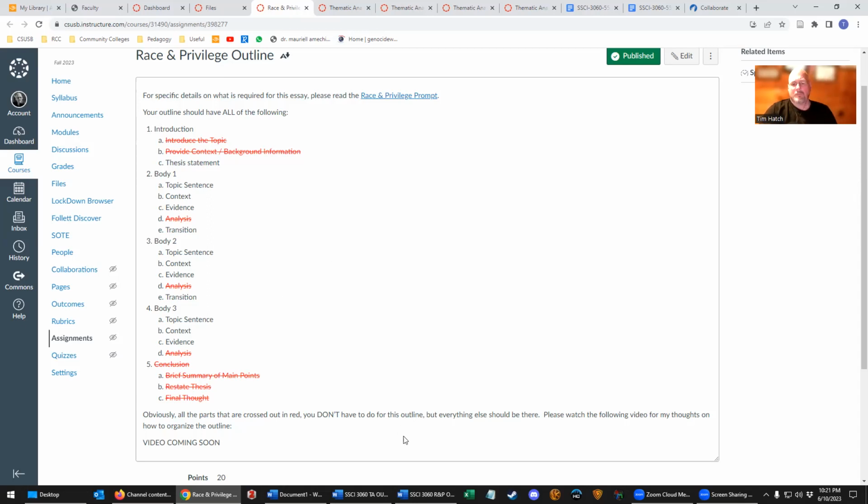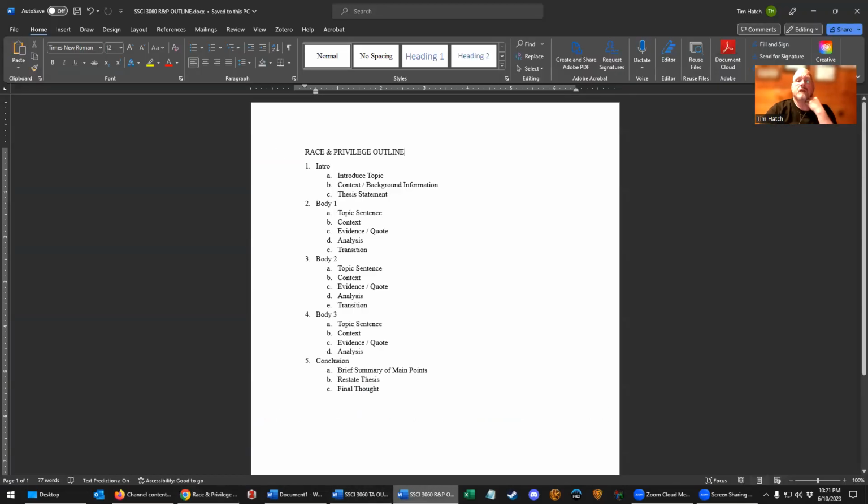Microsoft Word. And it looks just like this race and privilege outline. And so you've got your introduction, which has 3 requirements. You're introducing the topic, you're providing a little background information. In this case, and you don't have to do this for the outline, but I'm just going to cover it here, a little background information for this particular essay would be to introduce the text that you are going to be writing about. Vincent Ruggiero wrote the chapter, blah, blah, blah, and James Baldwin wrote his essay, blah, blah, blah,